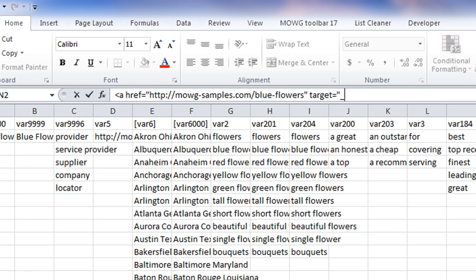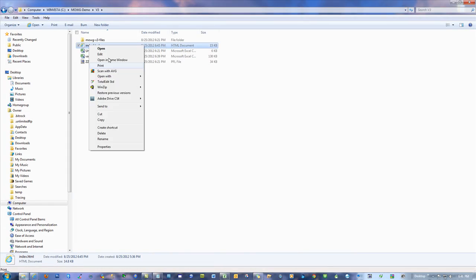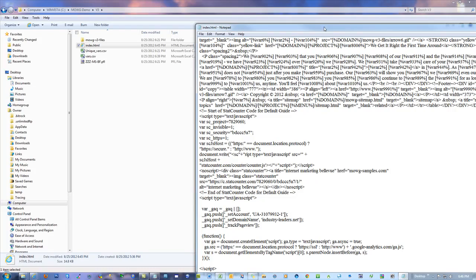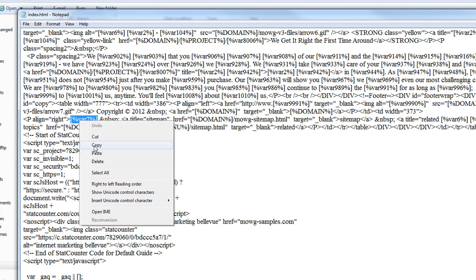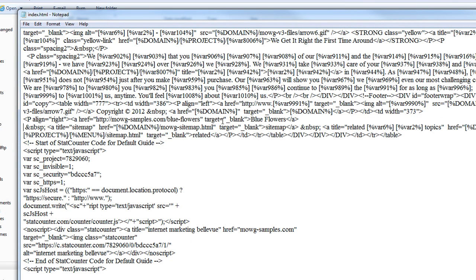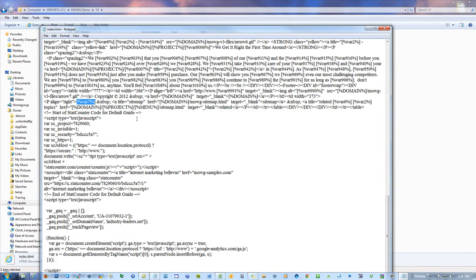Target equals. This is the coolest thing about learning any of this stuff, right? This is actually considered basic HTML. All right, and I might just say blue flowers, and then I'll end A, right? Boom, there you go. So that's what it's going to insert into the page when it generates it, and so far it's the only choice. Does it look like it'll make sense? Edit, I can make sure of it, right? Wherever that var 7 is, which is right here, I can just quickly paste it in and double check that this looks right and does what it's supposed to do. Yes, it does. Edit, undo. Now, what else is